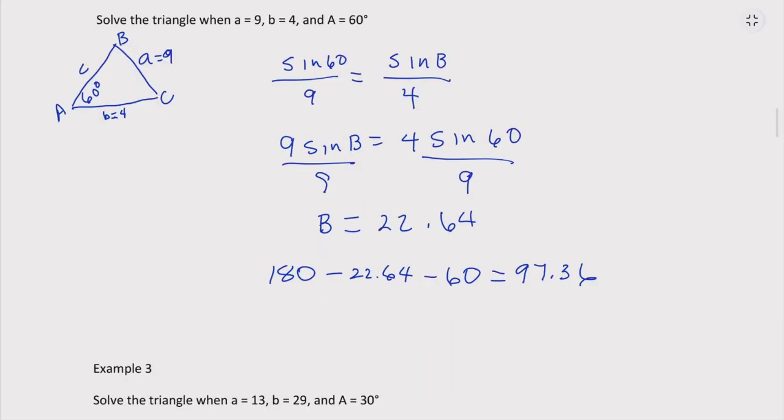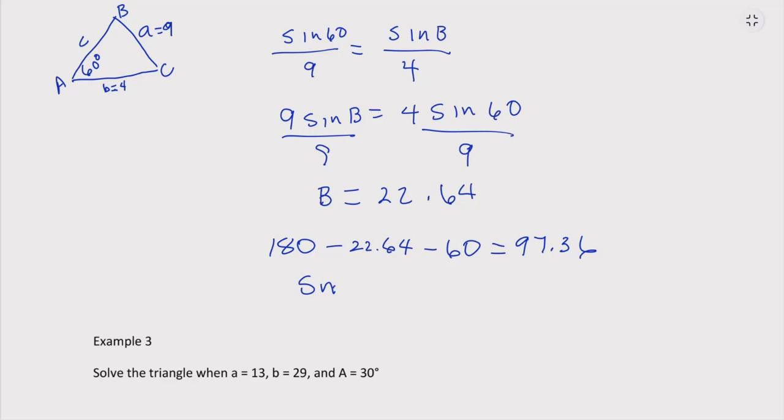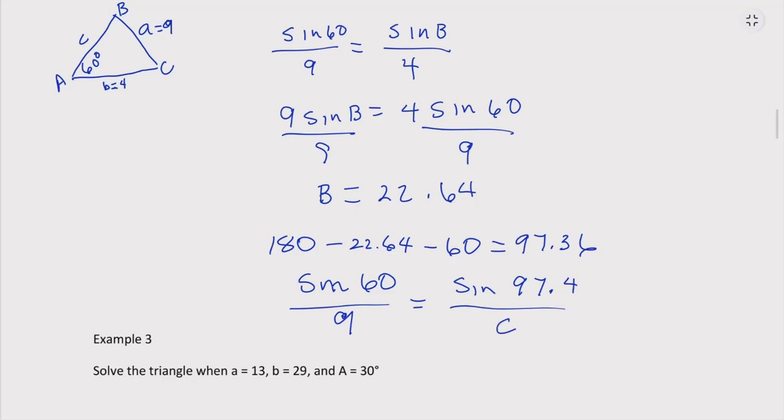And now I can do sine of A over a equals sine of C, which I rounded to 1 decimal place, over c, and we get,